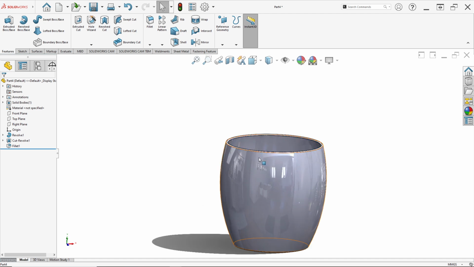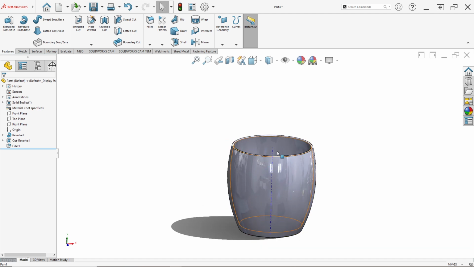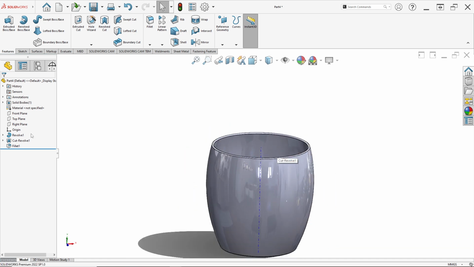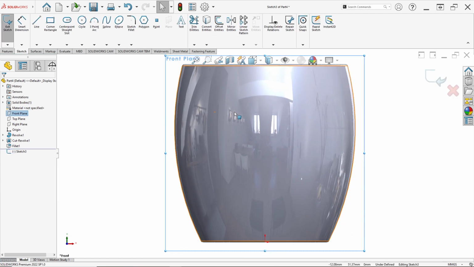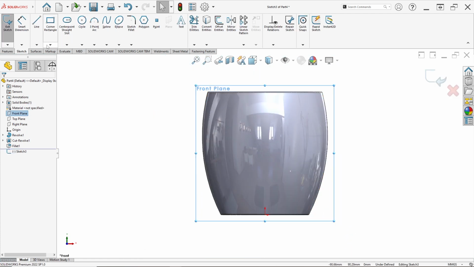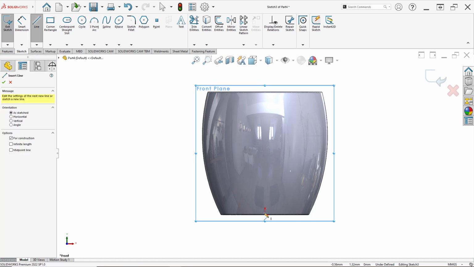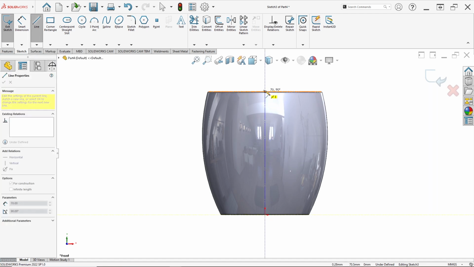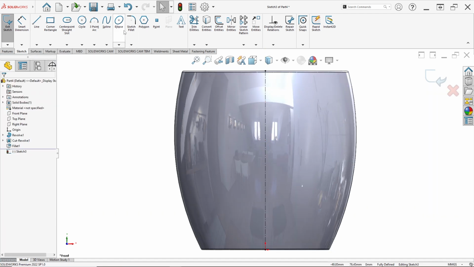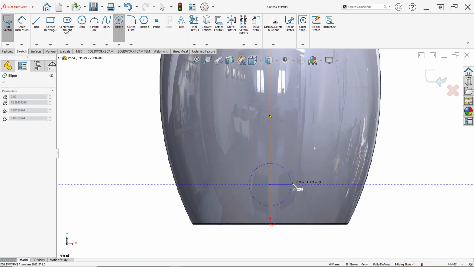After that, we want to see the front view again. Right-click on the front view and click Sketch. We want to draw a center line again from this point to the top here, and draw an ellipse from this center line like this.